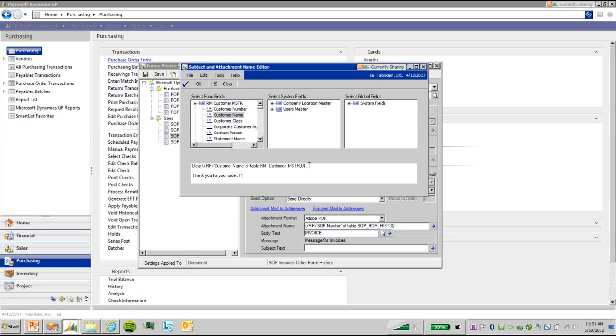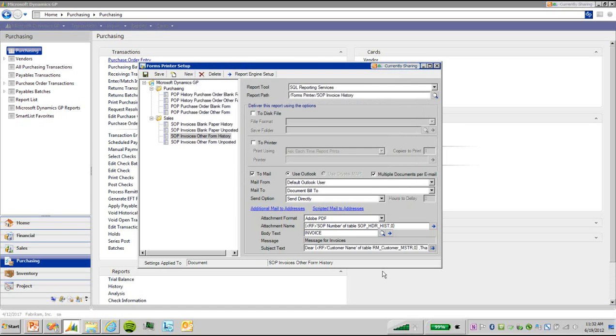So thank you for your order, and then anytime you send this, you will have the customized message sent to that specific customer. Click OK, and that's now what's going to be used. So anytime we send an invoice and print it using the other form, it will send an email to the